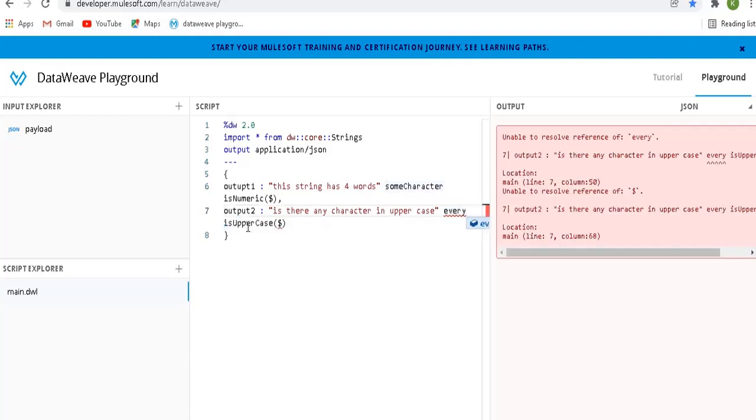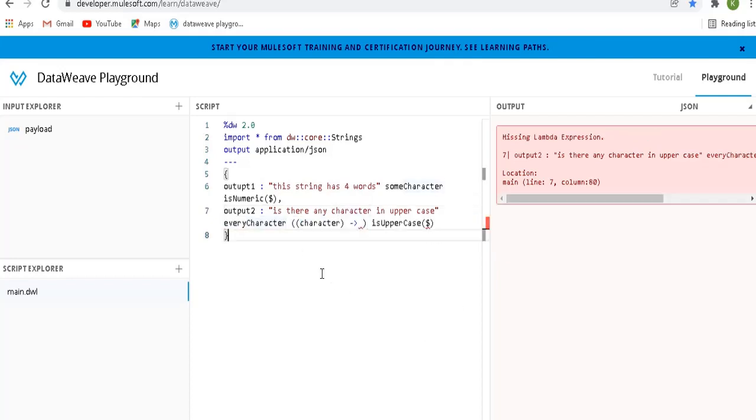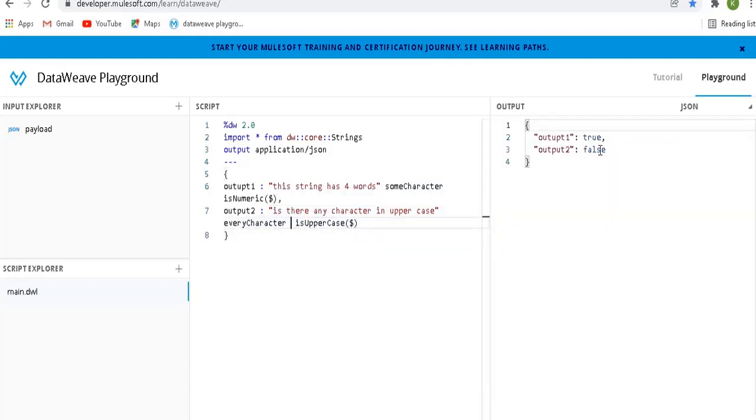The condition should be satisfied by all the characters of the input string. See here, it will show you false even if I have given a complete word in capital letters, because every character checks that the condition is satisfied by each and every character in the input data.